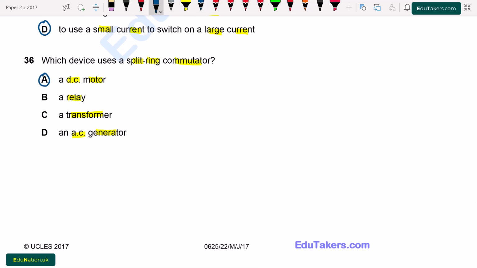Because in the AC generator there is a sinusoidal wave like this. But when we want to obtain only the DC current like this, then in this case we use the commutator that prevents the direction of current from changing. So option A is correct from here. This is actually the wave for the current.